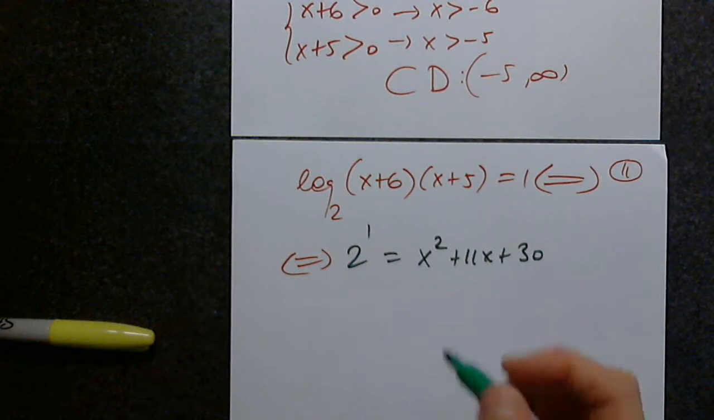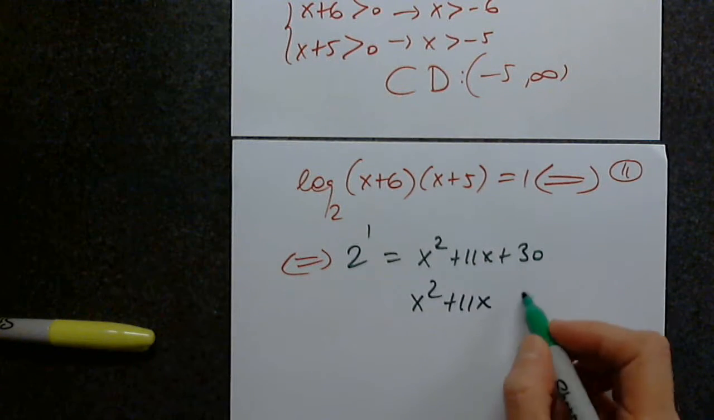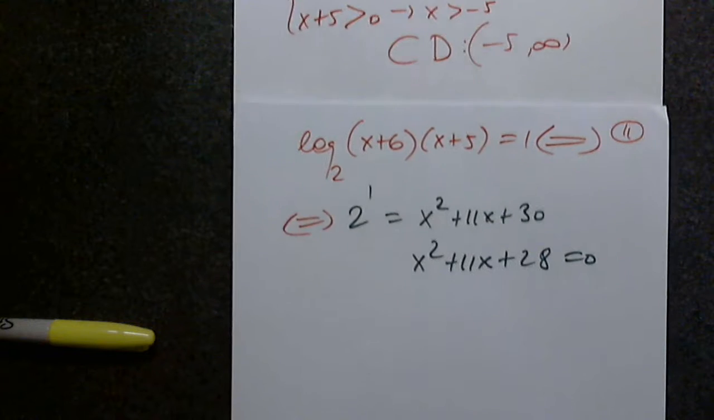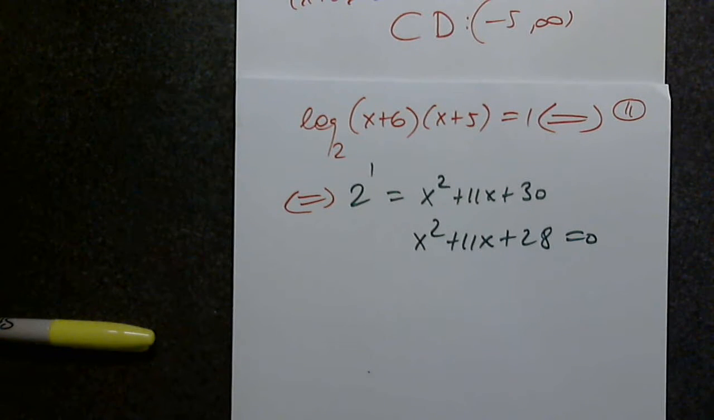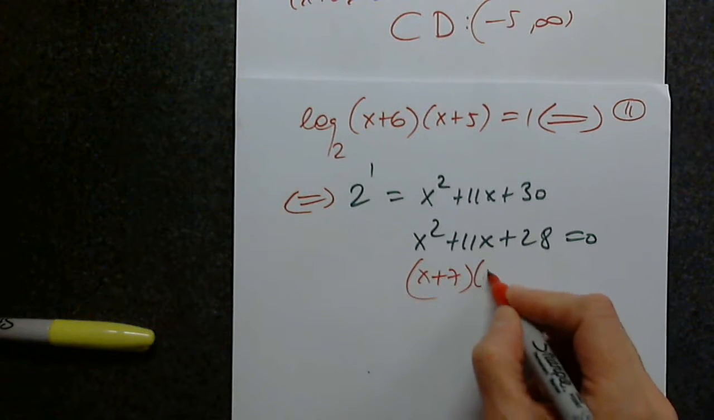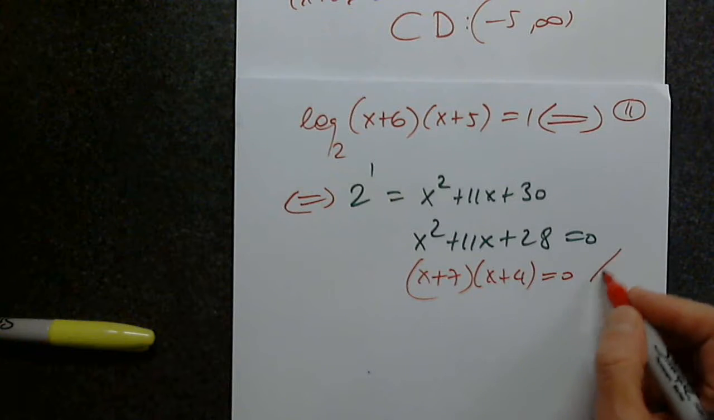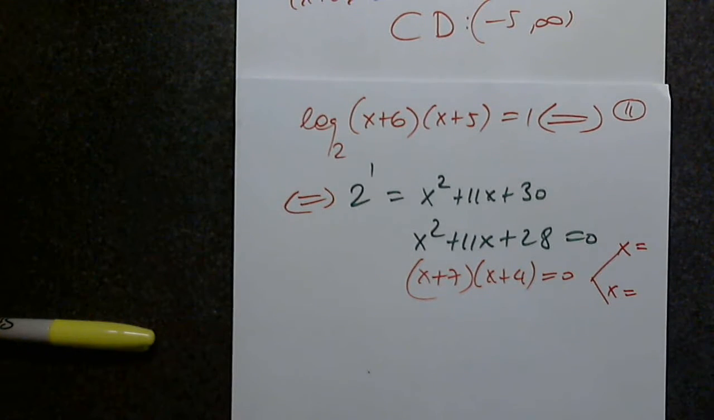So now this is quadratic. X squared plus 11x plus 28 equals 0. If it takes more than 10 seconds to factor, 15, or maybe 20 seconds to factor, forget it. Use the quadratic formula. Yes. Two options, x equals, x equals. The first one is, very good. The second one is,